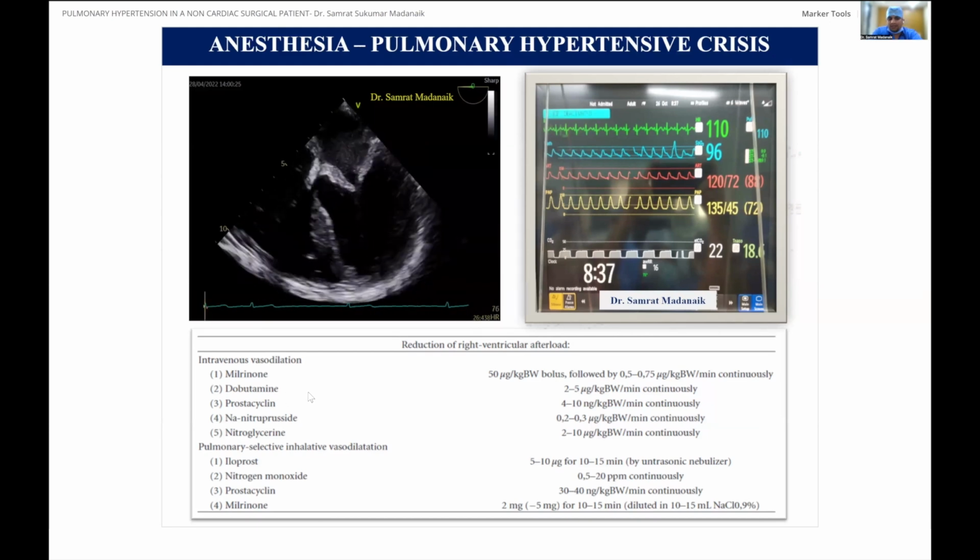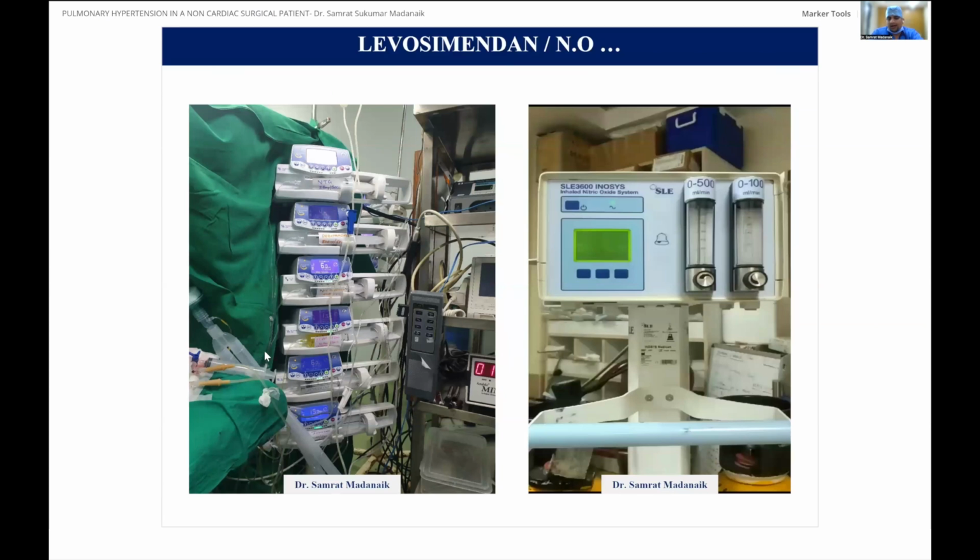So a few of these are milrinone, and the doses are given here. Dobutamine, prostacyclin, nitroglycerin, sodium nitroprusside can be used based on the clinical scenarios. Similarly, a few selective inhaled vasodilatory agents like iloprost, nitric oxide, prostacyclin, inhaled milrinone can be used in this subset of patients if required. Levosimendan is another wonderful drug which I have used in a few subsets of patients, basically not